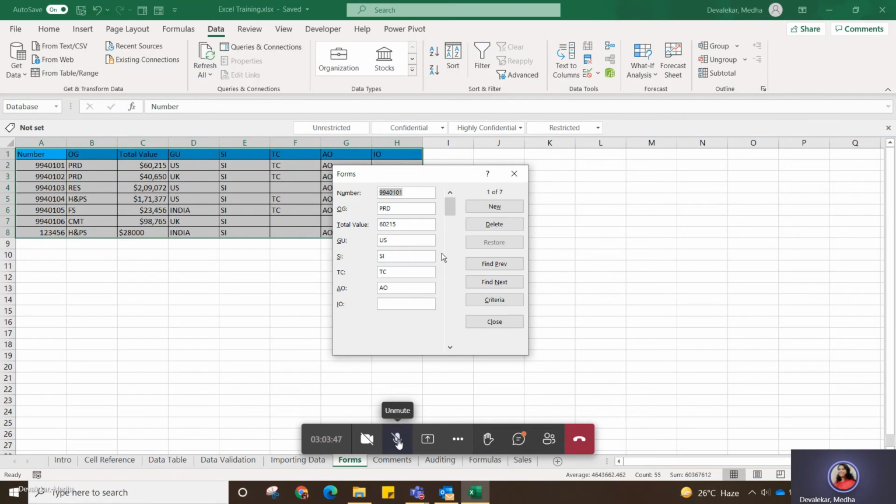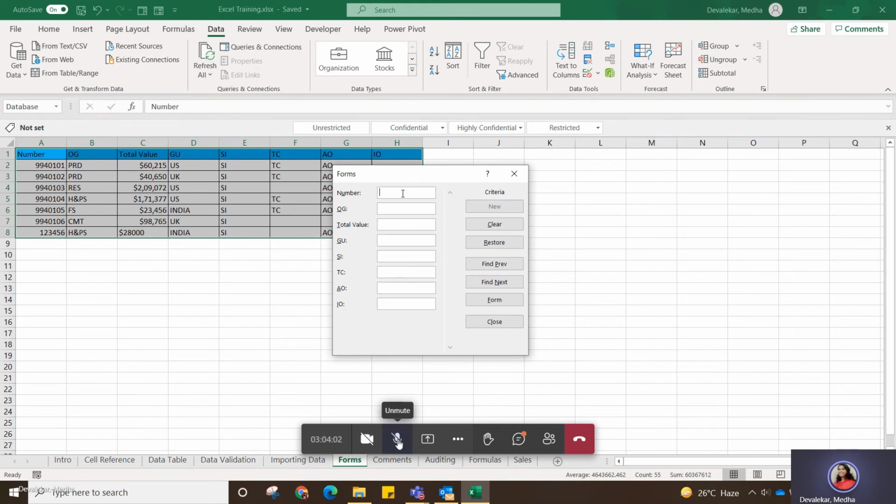So this is the next point which I want to explain to you. Here is something which is criteria. What is this? It will allow you to filter something.